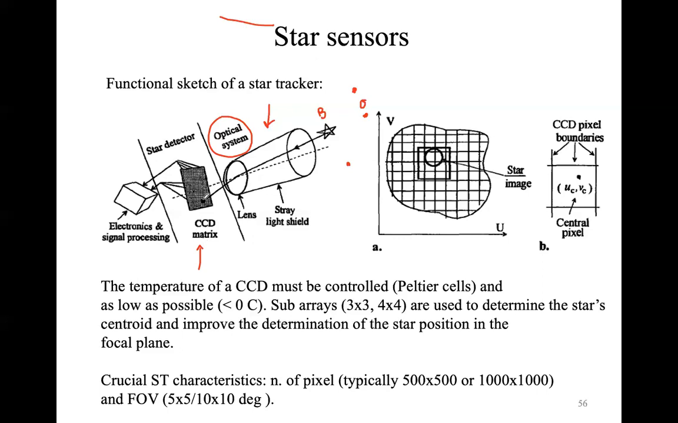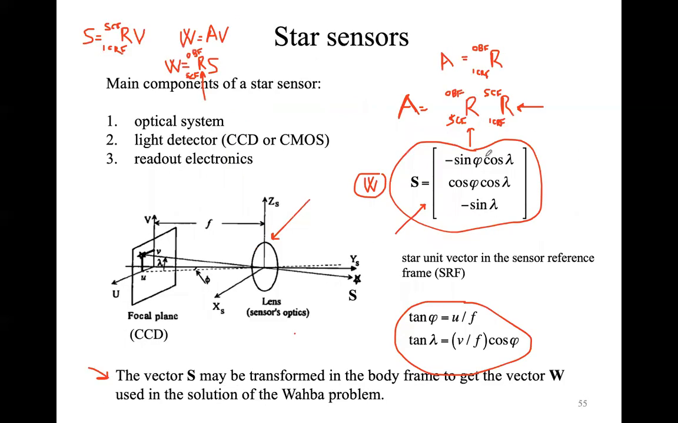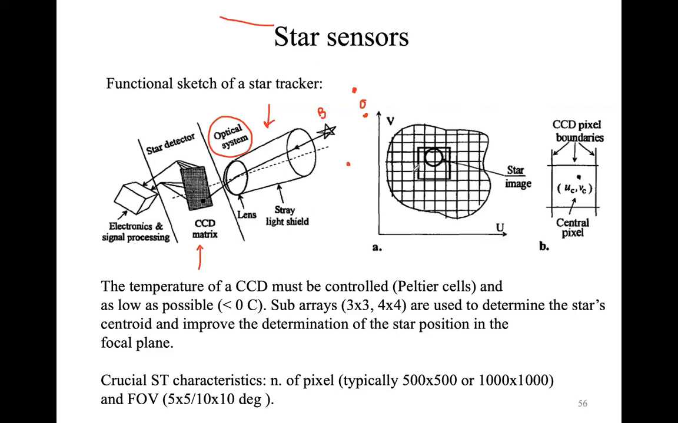So basically these sensitive elements that are called pixels are able to detect that you are seeing stars in this portion of the CCD that, as we have said before, corresponds to coordinates on the focal plane. So we have these coordinates u and v that are translated in phi and lambda, and so in our versors S. Said that,